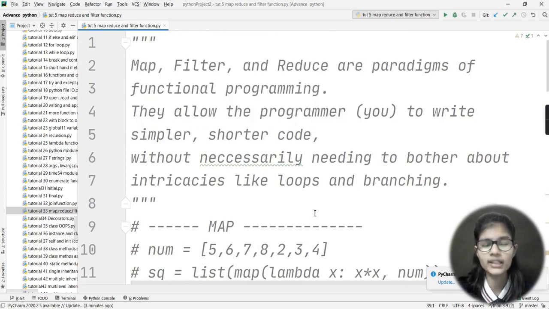Let me quickly revise the definition and why it is used once more. They allow the programmer to write simpler, shorter code without necessarily needing to bother about loops and branching. Right? This is the main use of the map, filter, and reduce functions that we had seen, and you have just seen the examples, right? That it was basically helping us to make the code shorter. Right? So this is all for